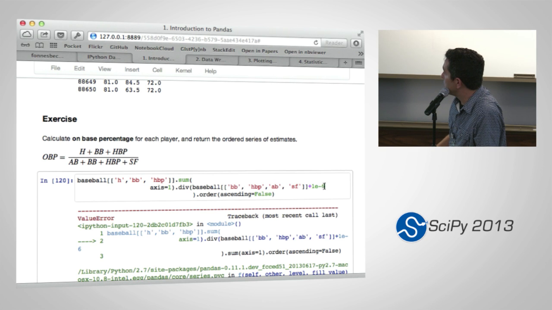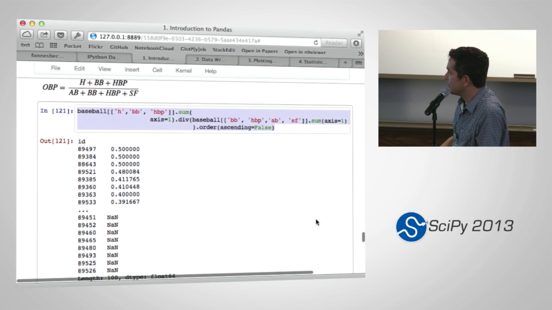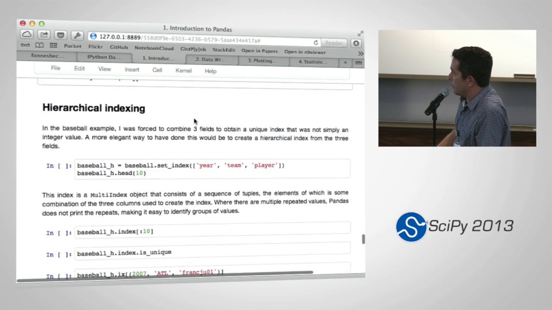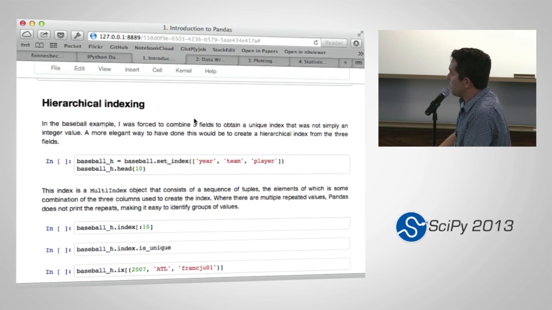Do baseball. What's that? There we go. Except I got NaNs. I got to add my... You get the idea. Okay. All right. I definitely should have broken this up into multiple sheets. But anyway,